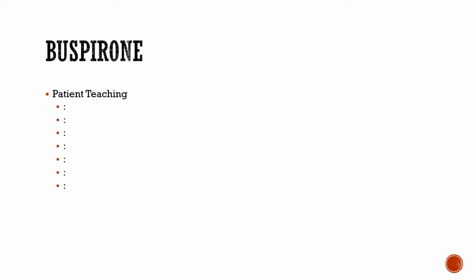Patient teaching. Teach them that this can cause that dizziness, some drowsiness, but also may cause a little agitation in some people. GI upset is the most common adverse effect, so take it with a meal. Let them know that this is not really an acute medicine. So if you're having an acute anxiety attack, this isn't really the best plan. It takes a little while for this to start to work. It's not like an immediate medicine. It takes a few days or so to start feeling those effects. So it's not really meant for that.